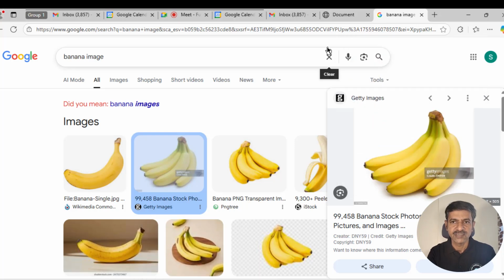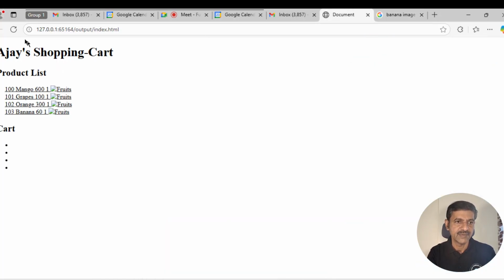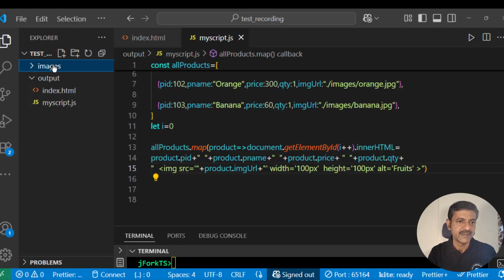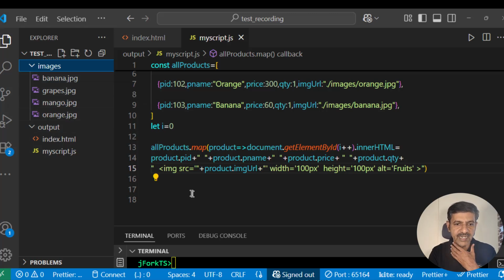Right now, if I go and check my web page and refresh this, still I'm not getting the images. So let's see what is the issue here. If you see images, it is banana, grapes, and all that. Have we made any mistake? IMG SRC, product image URL, width equal to 100 pixel, height equal to 100 and text is this. Everything seems okay, but